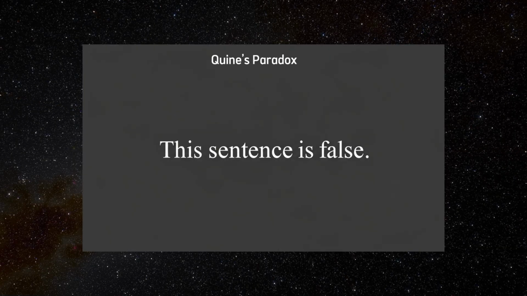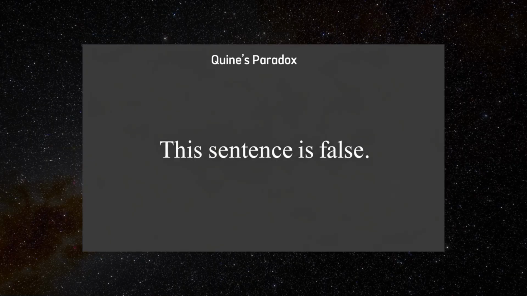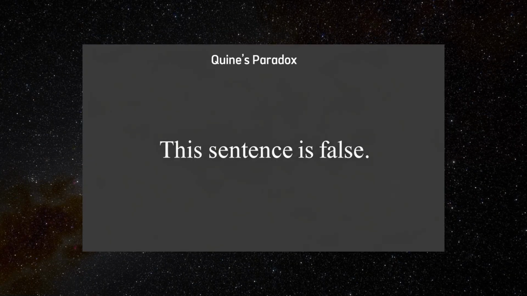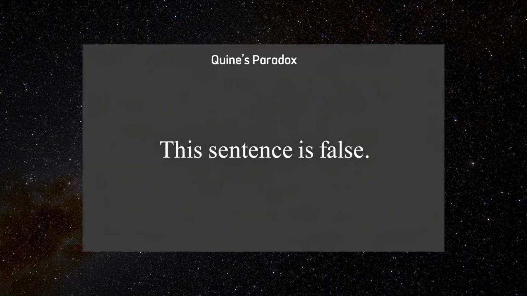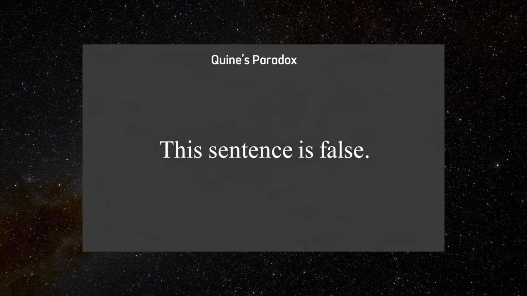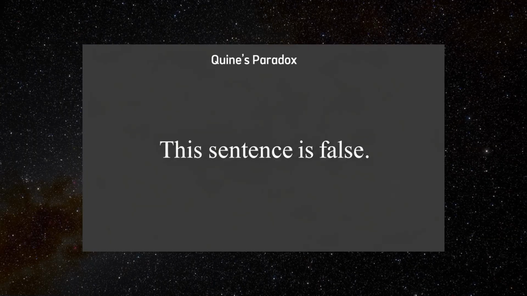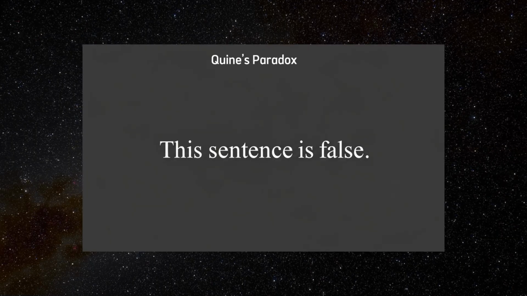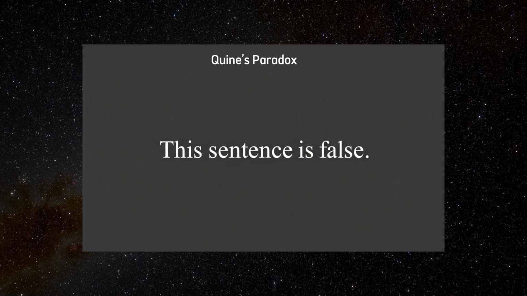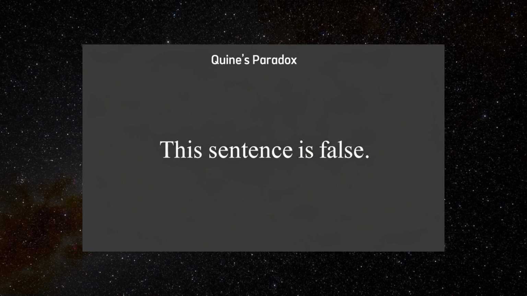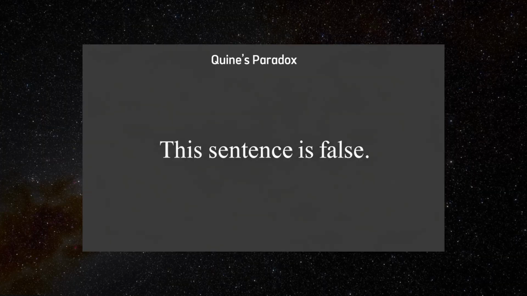At its core, Quine's paradox reveals how certain kinds of self-referential statements, those that refer to themselves indirectly, can generate contradictions or at least very strange outcomes. To understand Quine's paradox, it helps to consider it as a variant or cousin of the Liar Paradox, but expressed in a more indirect, structural way.